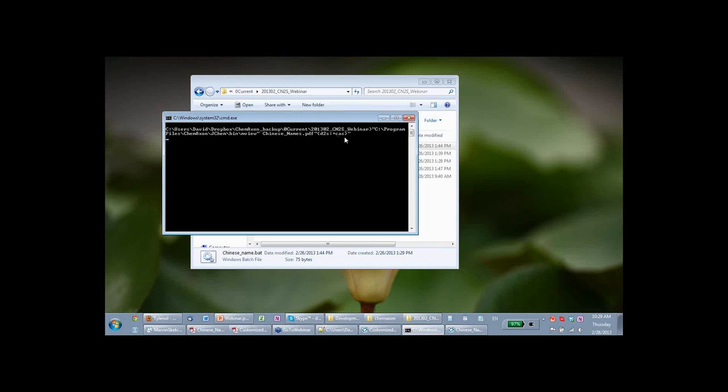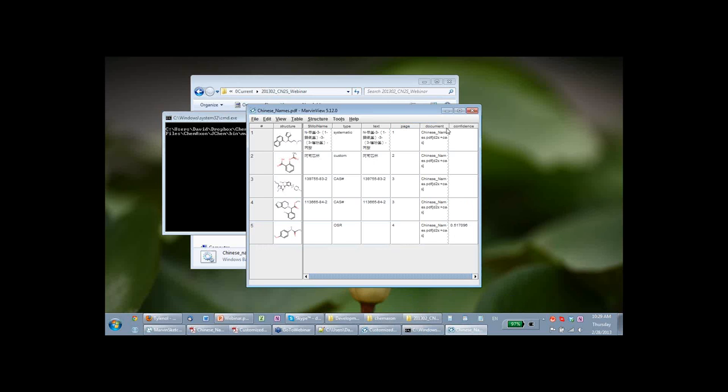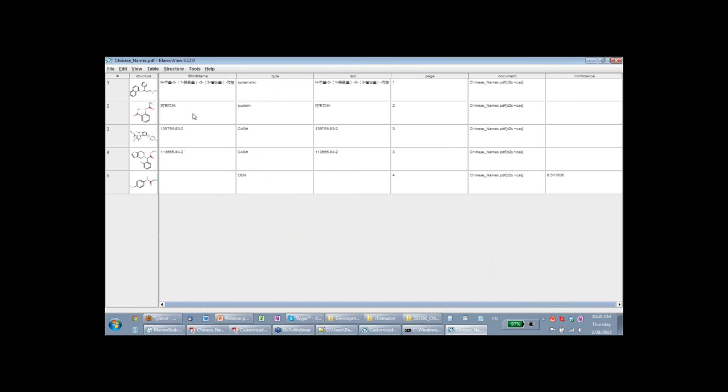That means I want to also convert the CAS number to structures, because for document to structure, the default option is not to convert CAS number. But in this command, I basically tell the program, please also extract the CAS number out. And here is the result. As you can see,